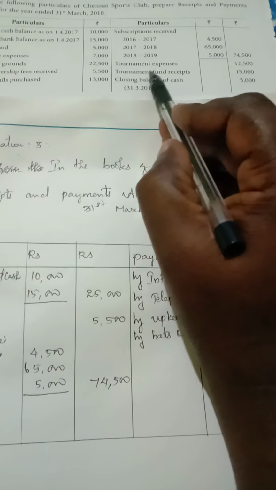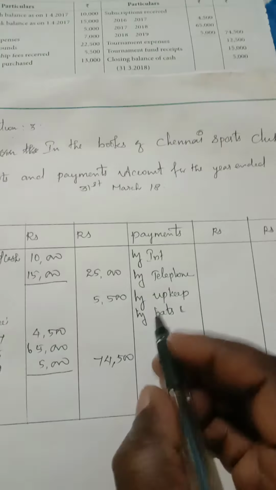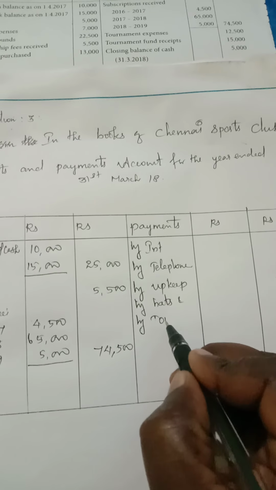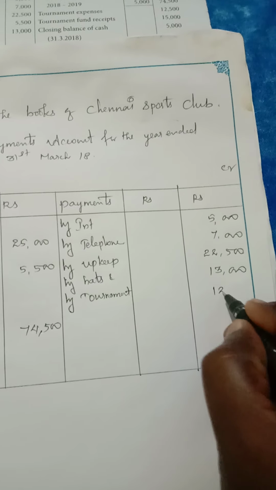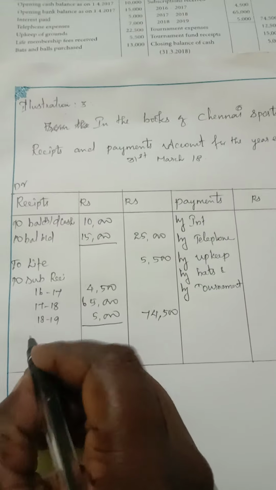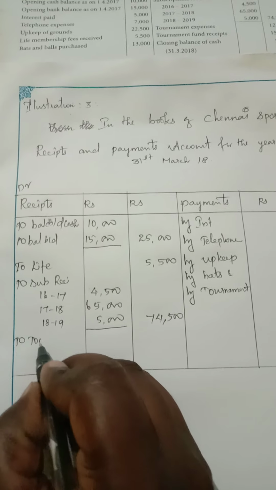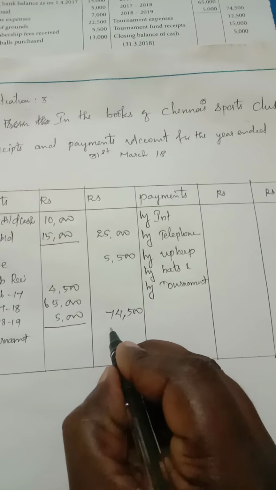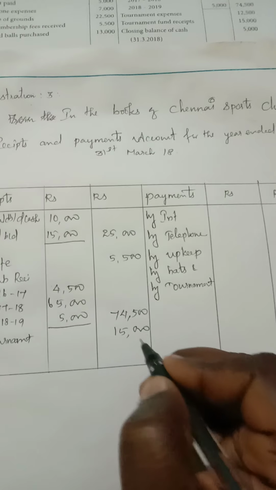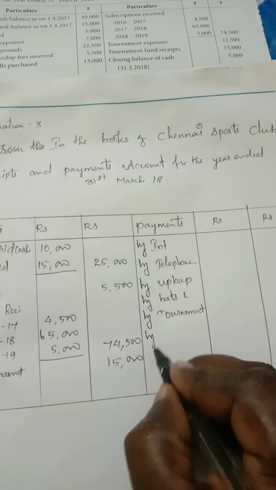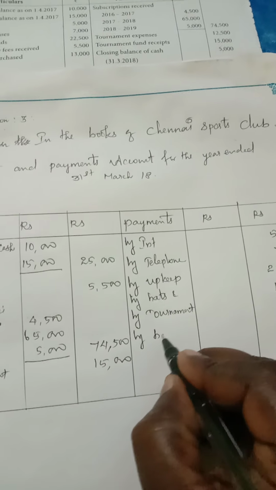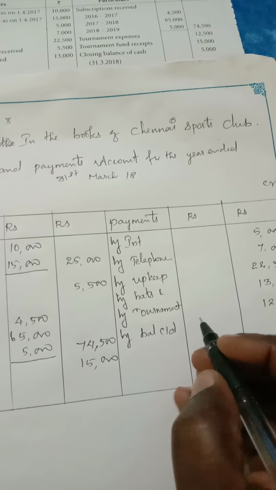So next one, tournament expenses rupees 12,500, it's expenses by tournament. The tournament fund received is an income, so we can write it on the debit side: tournament fund rupees 15,000. Next, the closing balance of cash, the closing we should write on the credit side: balance carried down of